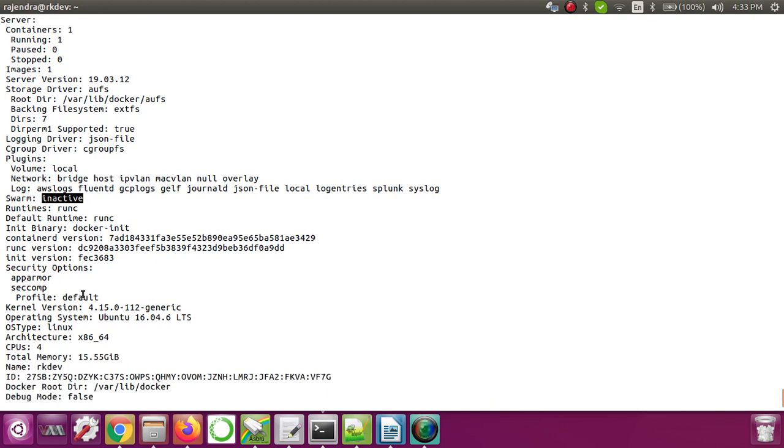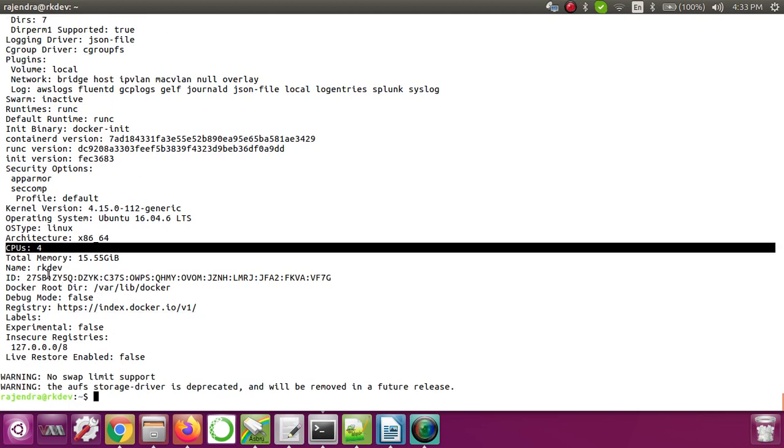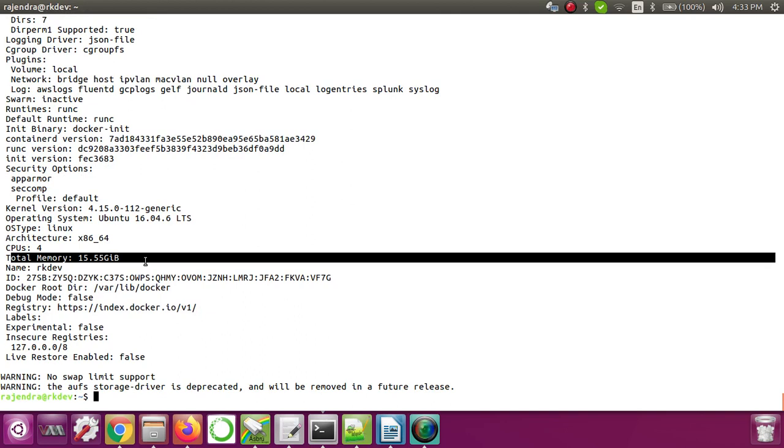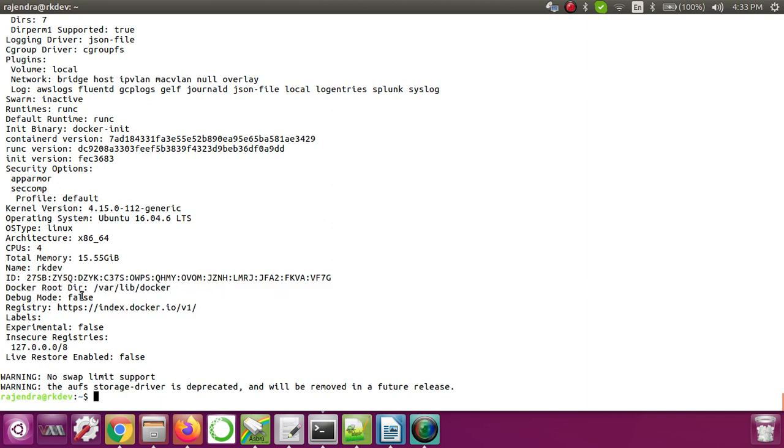Okay, so there is a lot of information. You can see the kernel version, operating system, architecture, number of CPUs for this machine, it's 4. Total memory is this much, name of the system is archdev. Docker root directory is this one, debug mode false, registry is this one, right?